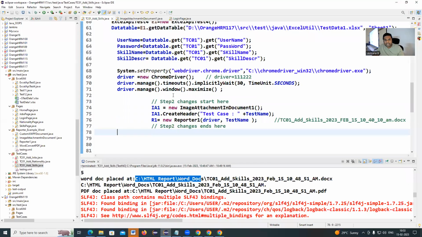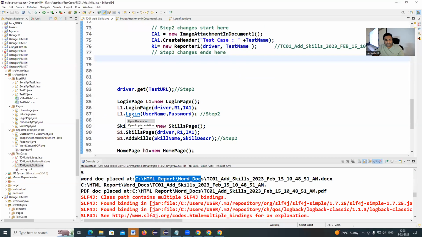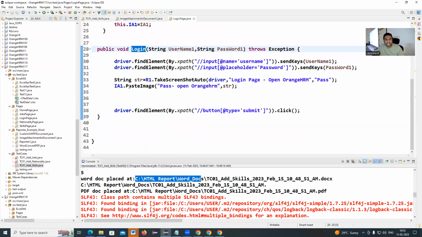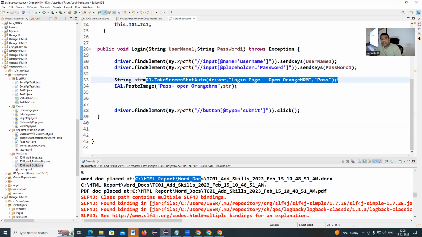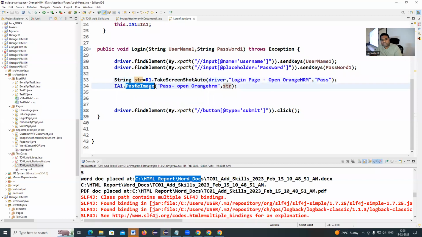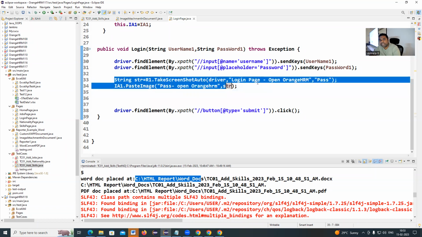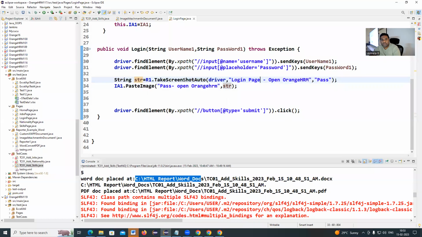And wherever I am writing IA.paste image, if you go to the login page, here I have written IA1.paste image. Whenever line number 33 got executed, R1.take screenshot auto is capturing the screenshot, and the complete screenshot path is in this variable. The screenshot path, IA.paste image, I am pasting in my Word document. Those are the lines of code being executed. Okay, so whenever I am writing R1